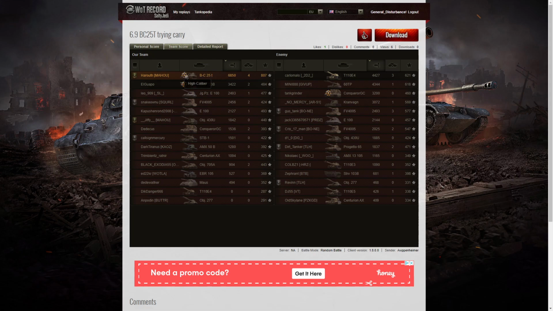He did get the high caliber though, and the tank sniper actually went to the Strv 103B. He was the third highest damage with 3,422 hit points. Obviously it was the E4 who managed to get second. Oh, it's actually no, sorry, I've got that wrong. I've got it the wrong way around. It's the E4 who got the second highest damage with 4,427, and then the 60 TP with 4,344. And then we've got the Strv 103B with